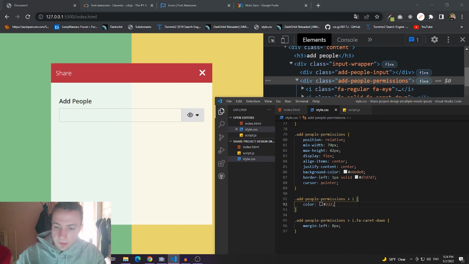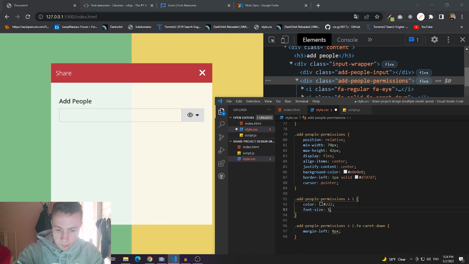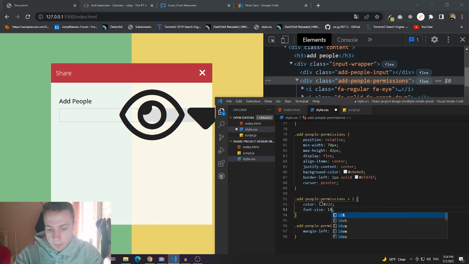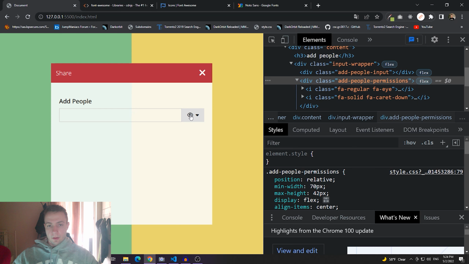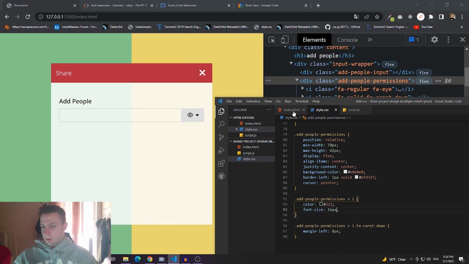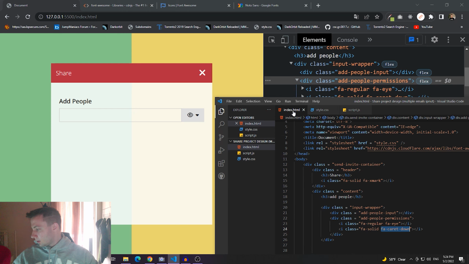The font size of the icons, down, 16 pixels, right? So you can see that the input is slowly coming to light. Okay, let's go to the actual input now,